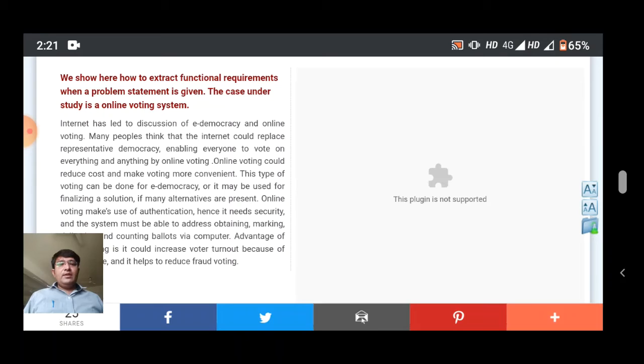Online voting could reduce the cost as well as make voting more convenient, and this type of voting can be done for e-democracy. It may be used for finalizing a solution. If many alternatives are present, online voting requires users to authenticate.